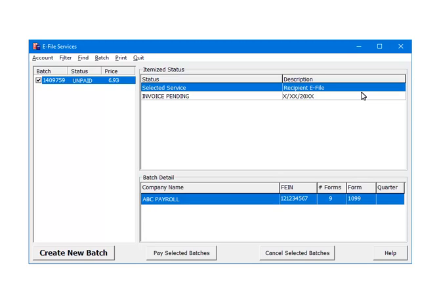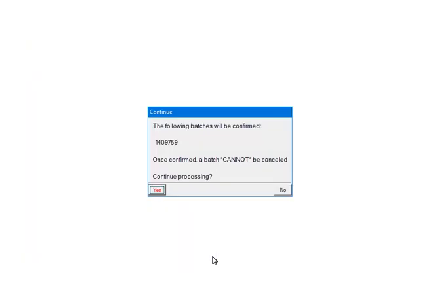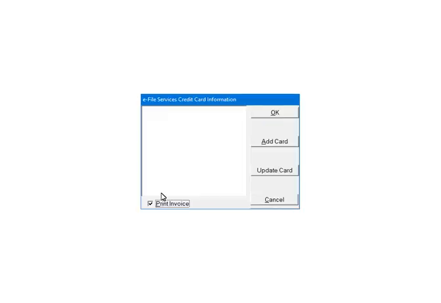To pay for the batch, check the box beside the batch number. Click Pay Selected Batches. If the batch is ready to be processed, confirm that the batch number is correct. Once Yes is clicked, the batch cannot be cancelled. Click Yes to continue. If the payment information has not been set up, the credit card information will need to